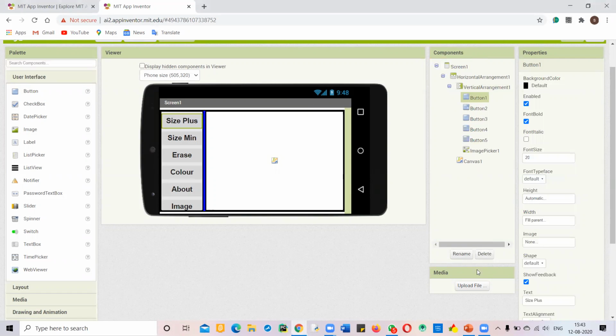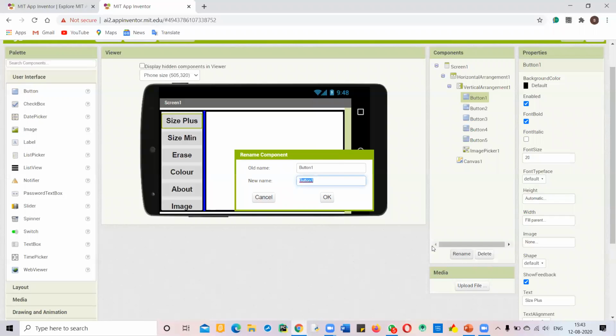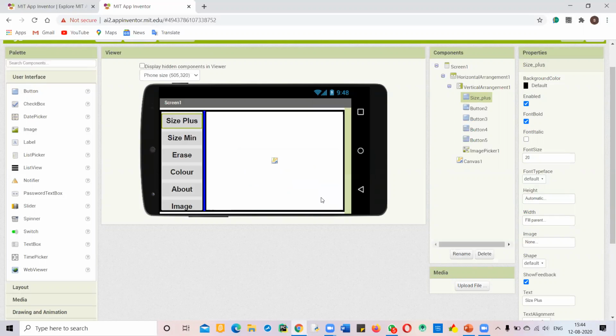So we rename them. Click on Rename and it will show you the old name and ask for the new name. For the first button, write the new name Size plus, and you will see the button name changes to Size plus.